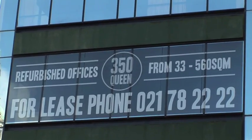Today we're standing outside 350 Queen Street here in Auckland, the home of the Bee Office. Now when we moved into this building here in Auckland, I met a very interesting man who happens to be our landlord. Now Andrew has become very interested in this whole commitment we have to accessibility. The reality is that if you create a building that is easy to access for people that have accessibility issues, it's also easy to access for people who don't have accessibility issues, because nobody likes walking up hills, walking upstairs,